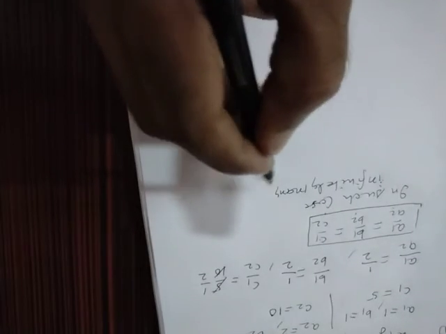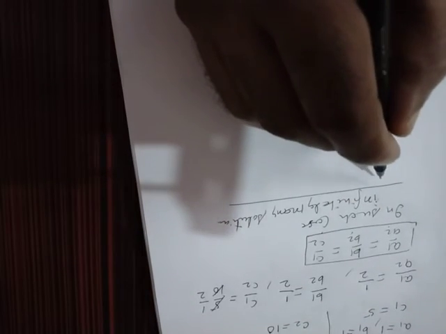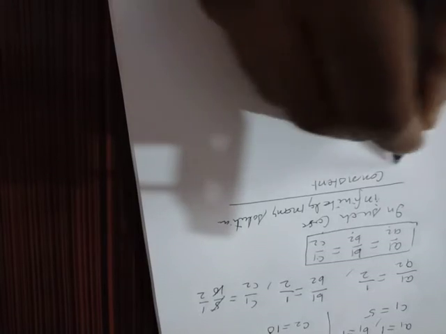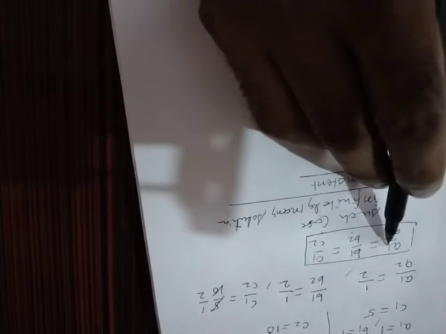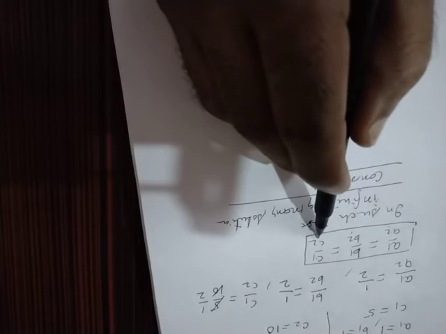Infinitely many solutions. Student, we can say that it's consistent also. If the conditions you are finding a1 upon a2, b1 upon b2, c1 upon c2 are equal, these two equations have infinitely many solutions, and